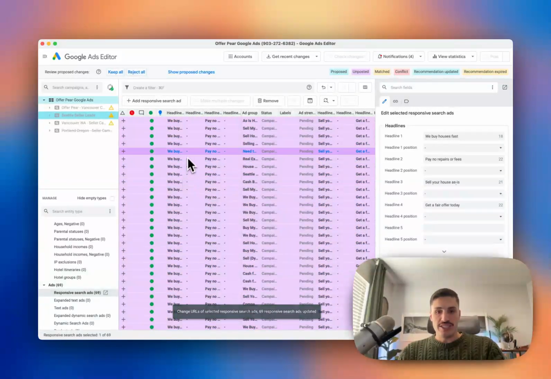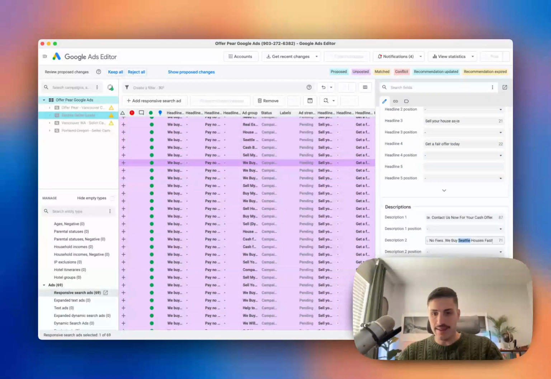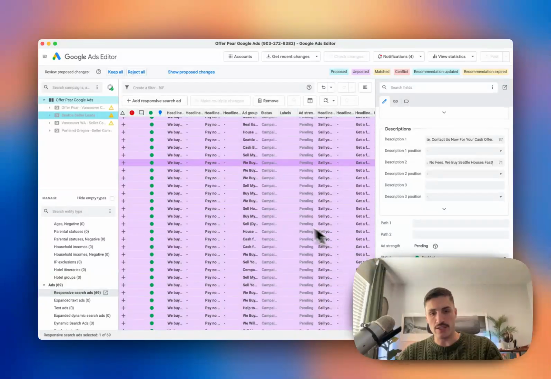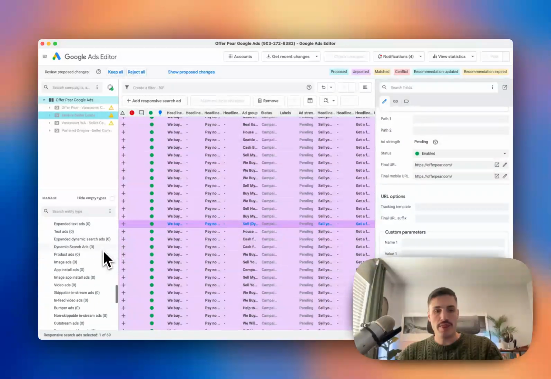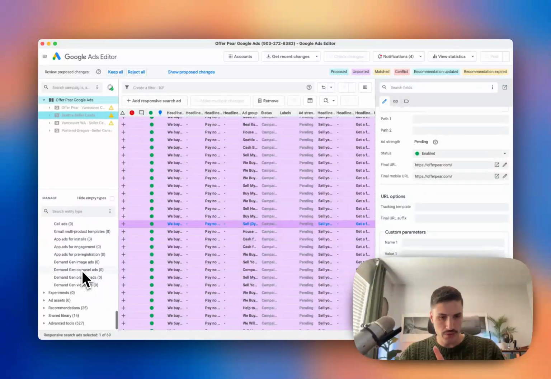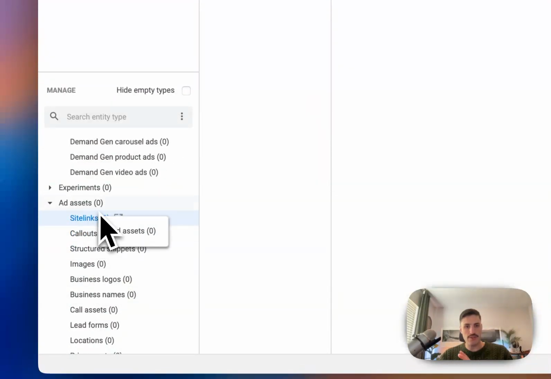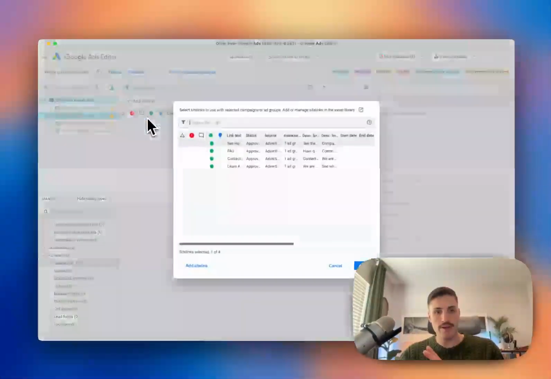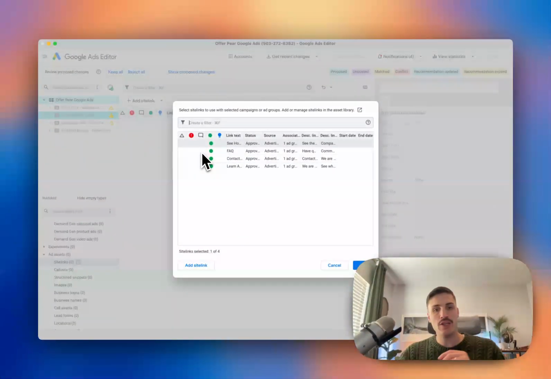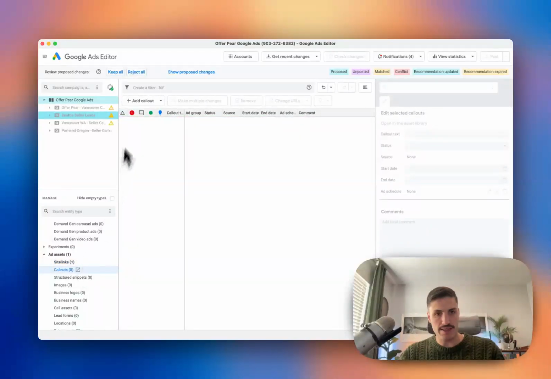What I would recommend too is just clicking through these ads and making sure that you're seeing Seattle is highlighted there and then the right URL is being targeted. So once you're comfortable with that, if you are a little bit more experienced with Google Ads, you can also come down here to ad assets and add site links and callouts. So things like your mobile phone number. If you wanted to do FAQ, about us, testimonial type stuff, you can add these in. Callouts would be things like,